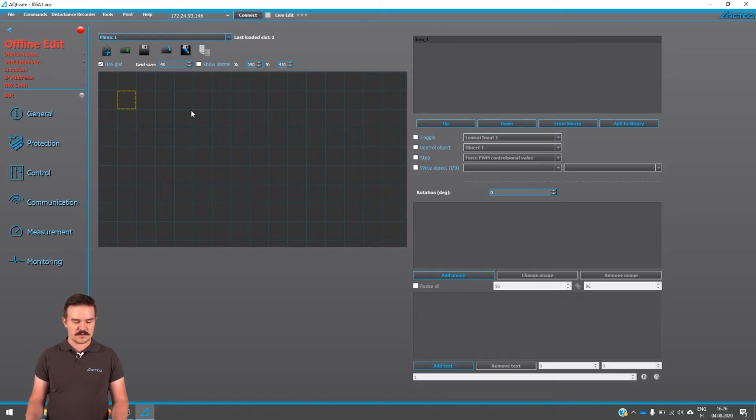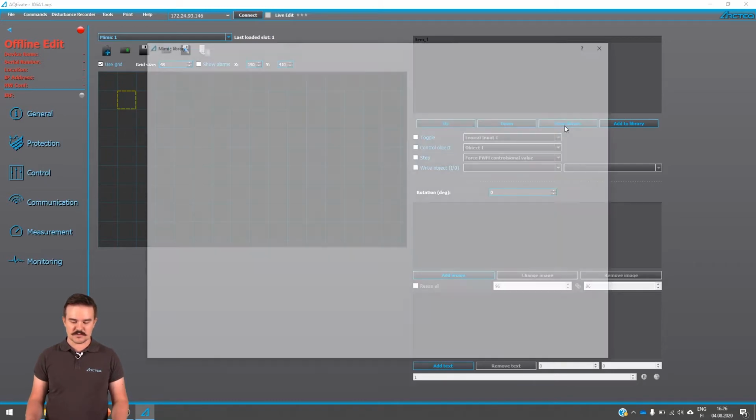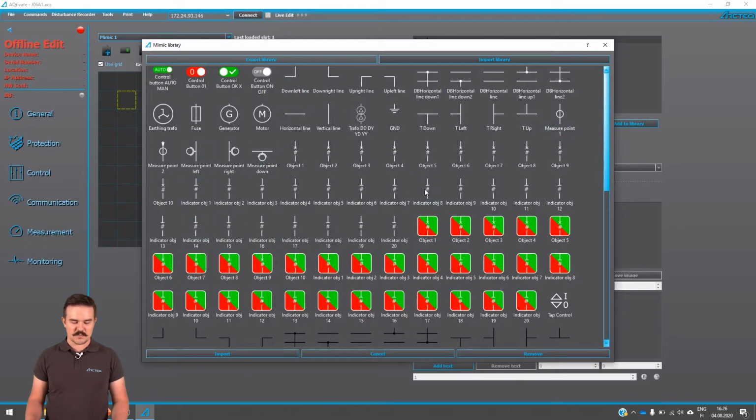Currently it's empty, but if we go here to from library, we can choose from this pre-made library any kind of symbol that we might need, and we could start with selecting this T down